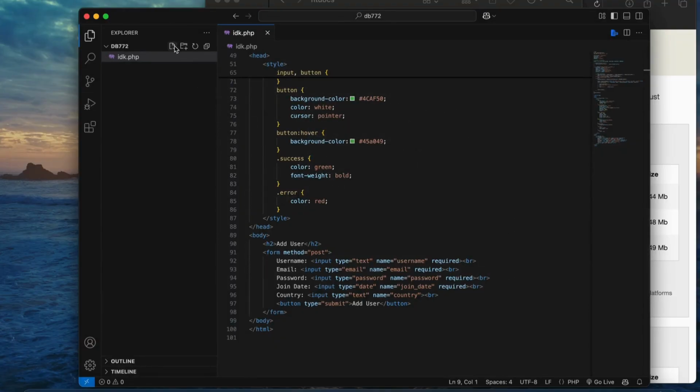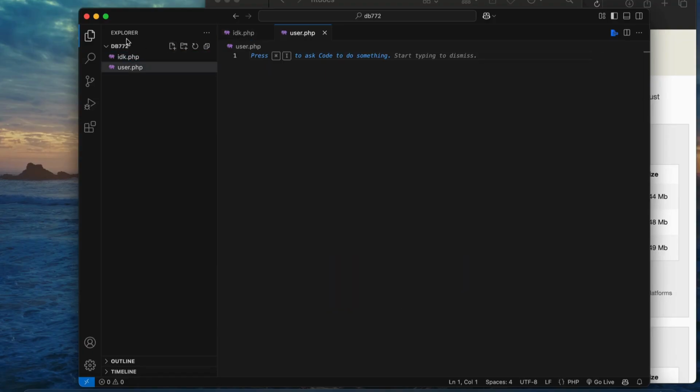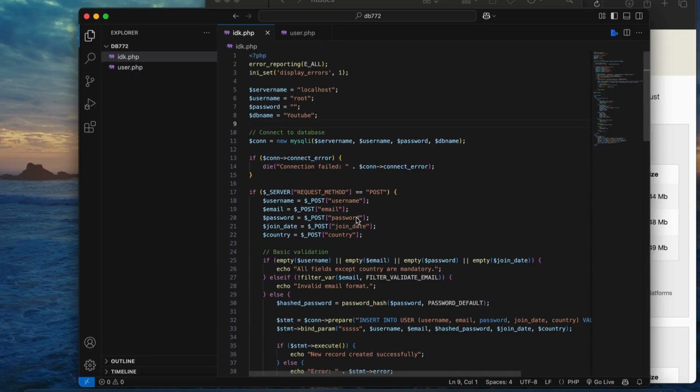and create a new file, which will be, let's just call it user, and this will have all the code for your form. I've already created one, so I'll just use this. Save this up and then open your